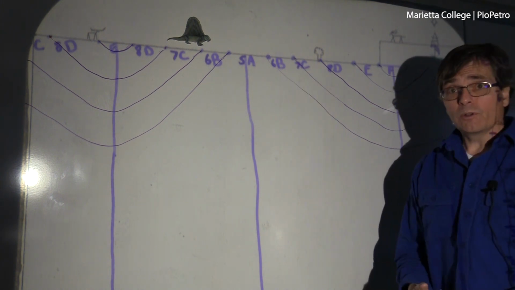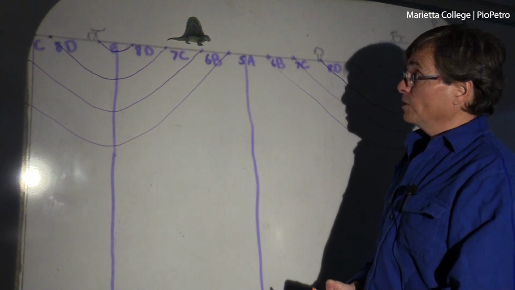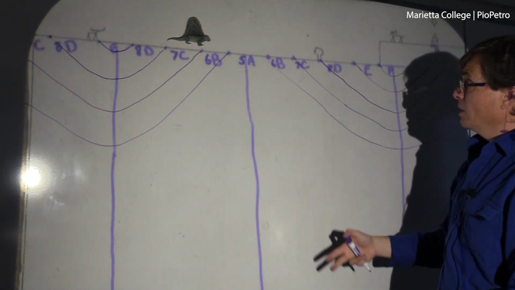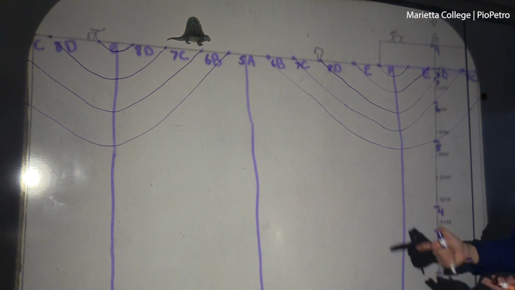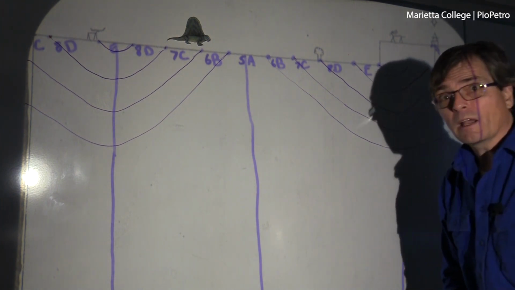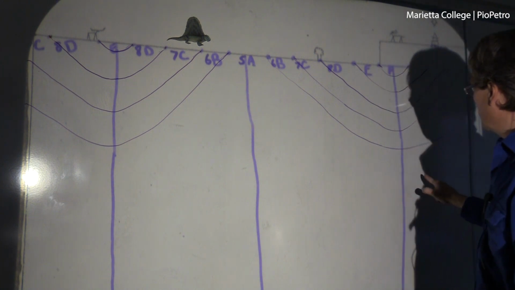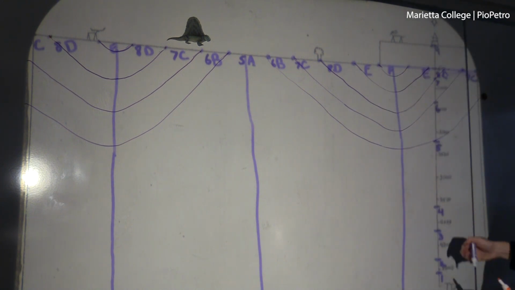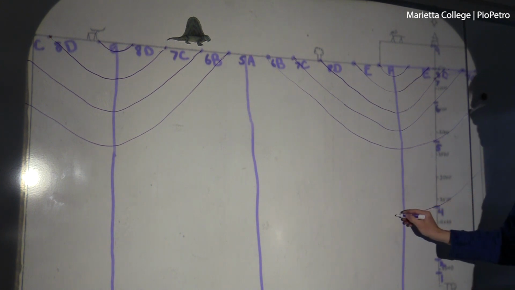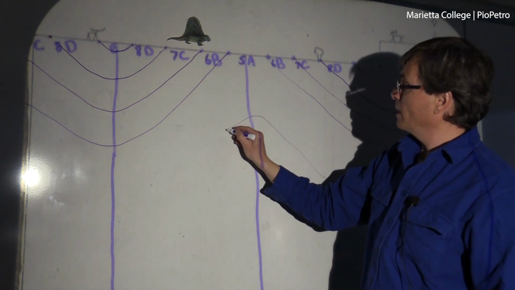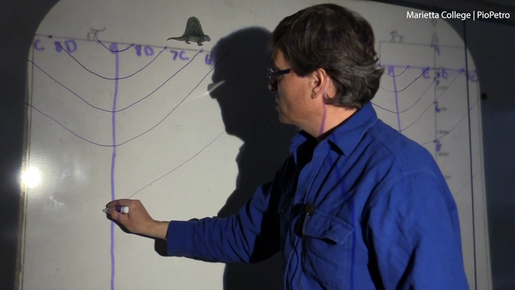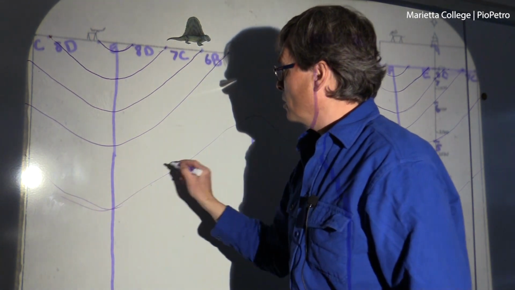Now, what do we do below that? We have to fill in this area with the other layers. Well, how do we know how thick to make the layers that are below this? Well, we have information, and that information is over here on the wellbore. So when we want to draw bed 4, we just draw a line in here that's parallel to the layers above it. And we just try our best to remain consistent with the thicknesses of the layers across the cross